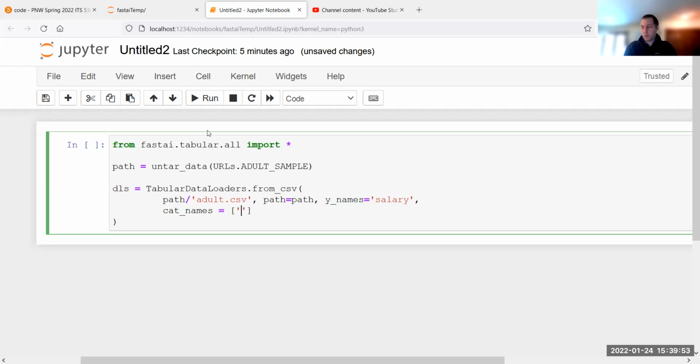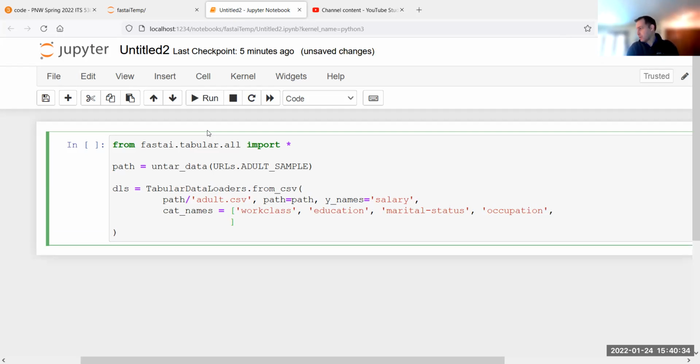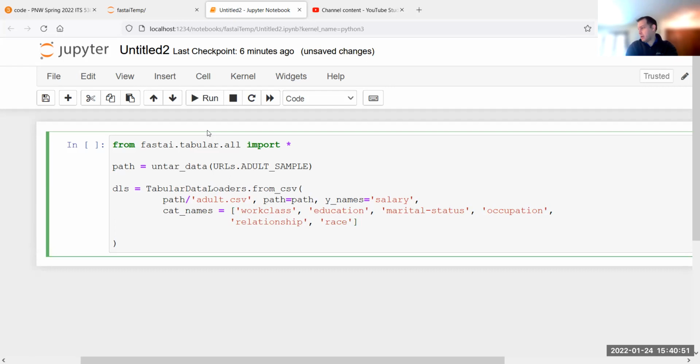So single quote is going to be workclass, comma, education, comma, marital-status, comma, occupation, comma, relationship, comma, race.